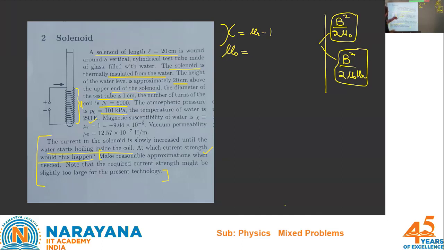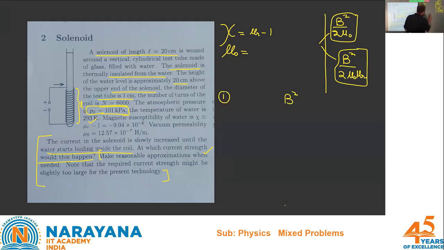We are talking about atmospheric pressure in the domain of 101 kilopascal. इसके comparison में जो rho GH term है वो बहुत छोटे हैं. So how will I introduce the idea? What I will do first is